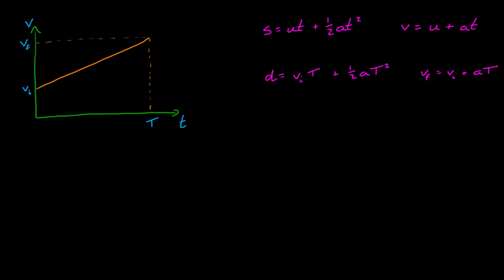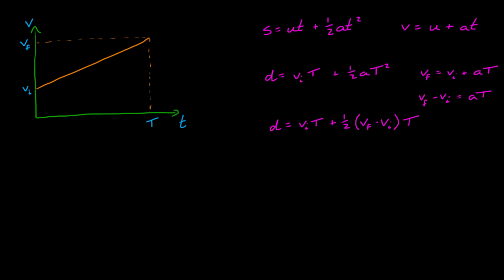We can rearrange this second one to get that the difference in velocities, Vf minus Vi, is equal to at, and then substituting this in, we get that the distance is equal to Vi times T plus half Vf minus Vi